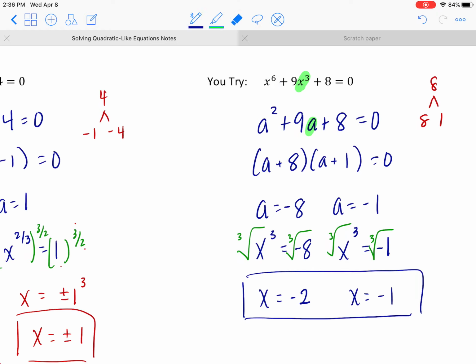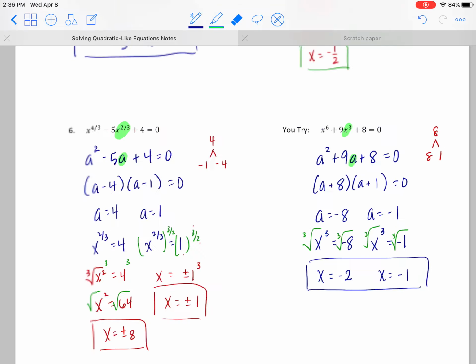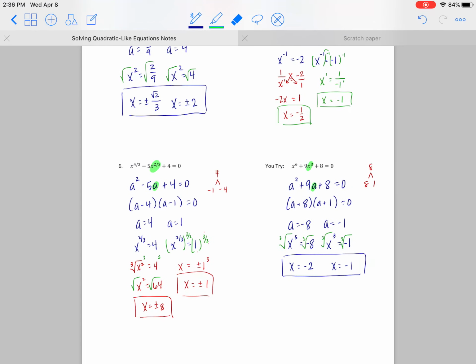I'm not at a point where I can explain where those solutions are going to come from quite yet. When we move on to our polynomial unit, we'll be able to figure out where the rest of those 4 are. For now, let's just leave it here, just because we're not quite prepared for that step yet. I might have chosen a different example, but the process I want you to be comfortable with is this process of substituting and then substituting back, okay? So getting rid of the variables to make it quadratic and then going back. So we got 2 of the 6 solutions. The other 4 we'll be able to find eventually. For now,